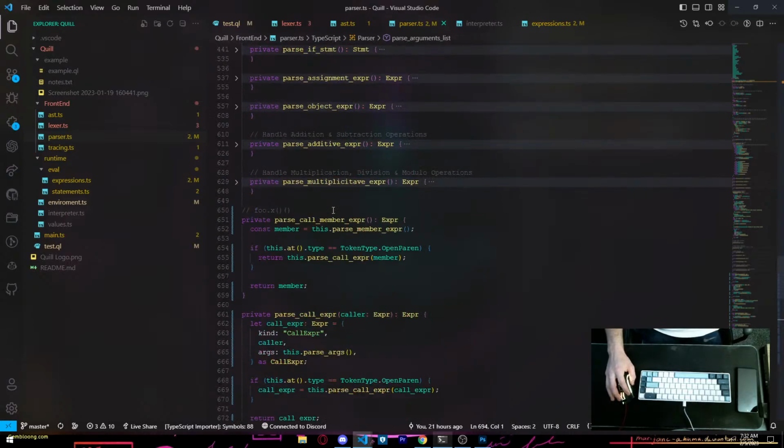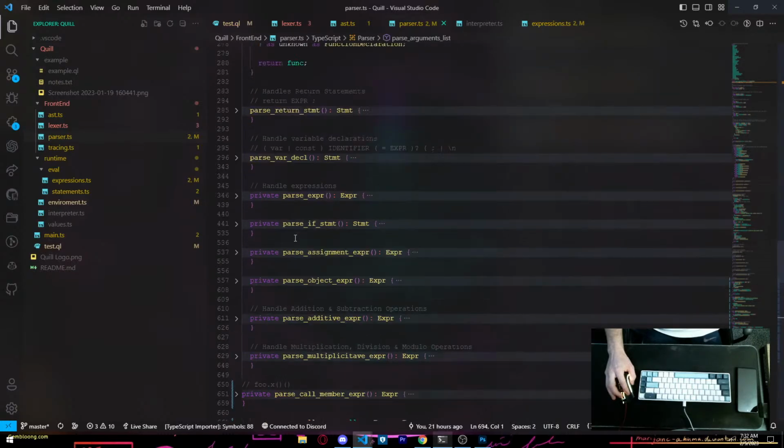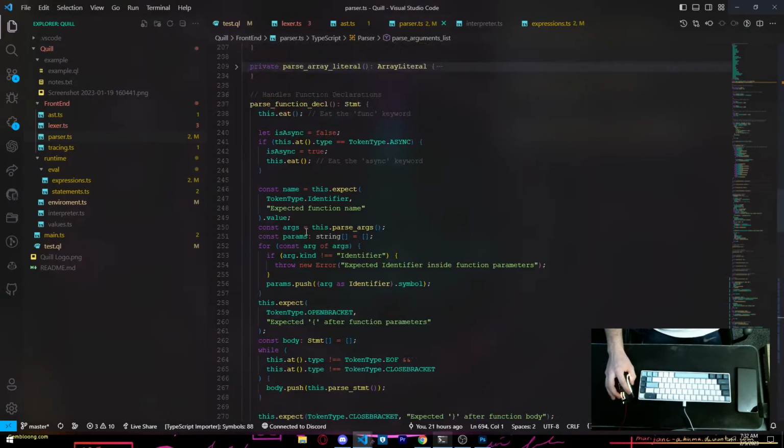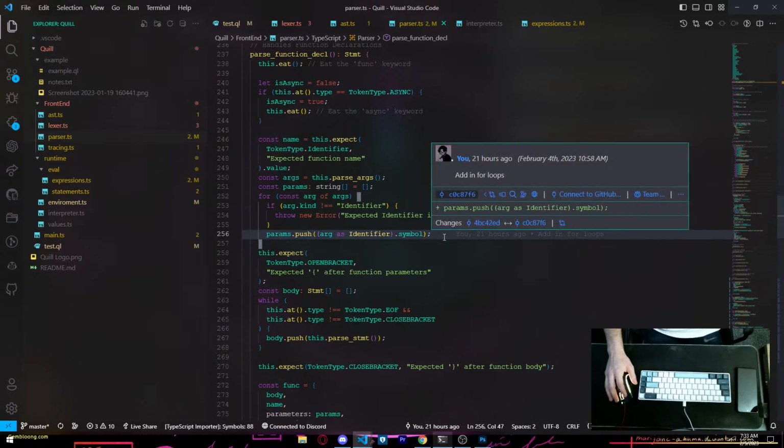Now if we go back up to our function here, we can ignore that. That's not working. Since we defined our args, and we have this, which says it expects parameters inside of the function, an identifier inside the function parameters, then we're going to push the params. That's just saying that now we're going to tokenize, or push them, so that it can be skipped over per se.